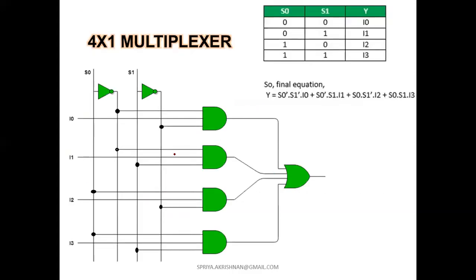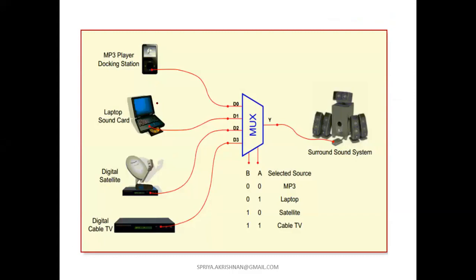This is using basic gates. We practiced many examples with basic gates. You can try this yourself with basic gates. Yes, this is the application we discussed in the theory part itself. So, I want to play a song in my music system. I have 4 different inputs: one through my phone, my laptop, my TV. I have different options here. So based on my selection lines, I can select which song is played in which gadget in my music player. So that is the idea.